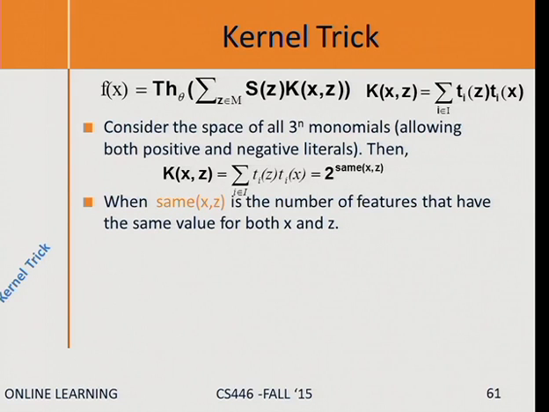So even before we convince ourselves that this is correct, notice that this is a good thing. Because rather than computing a dot product in the 3 to the n large space, I'm just looking at the original x and z. They are in the n-dimensional space. I'm looking at how many of their bits are the same, and I know the value of this dot product. So even without understanding why this is true, you can appreciate that this is important. Okay, so now why is this true? Anyone can try to give an argument?